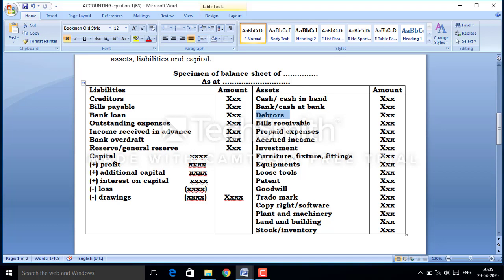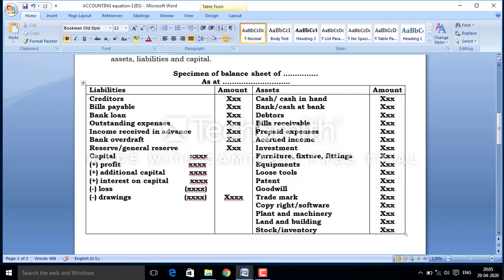It is the second phase of debtors, as I have already discussed in case of creditors. If we are giving some amount to anyone on credit, or if we are selling the goods on credit to anyone, and if we are receiving a kind of bill for the proof of the transaction, or for the assurance of the payment after a certain duration, then that document is known as bills receivable. It is also a kind of asset.